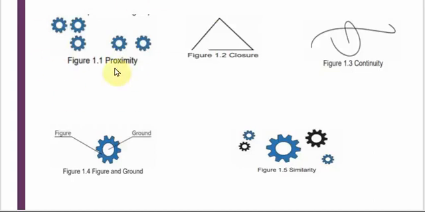Okay, so what do you have to tell for proximity? Grouping. Whereas closure is: if enough of the shape is available to you, and a small piece is missing, then your mind will complete it and say that it is this particular figure. Okay, so I hope you have understood.